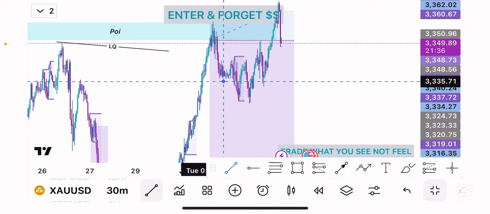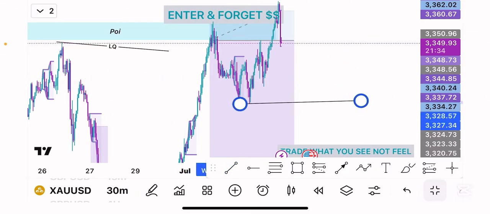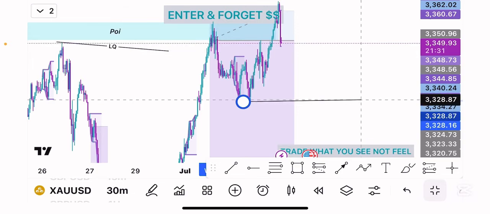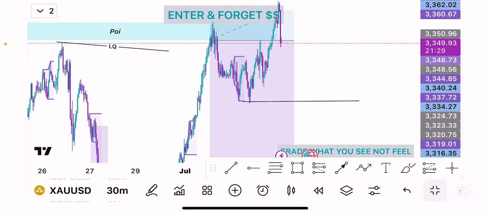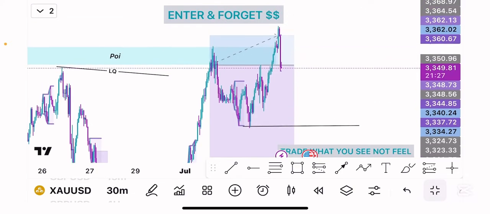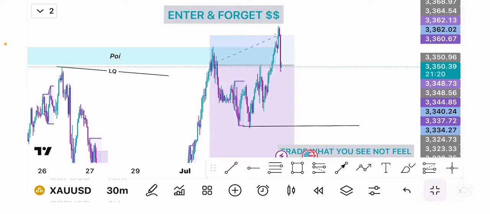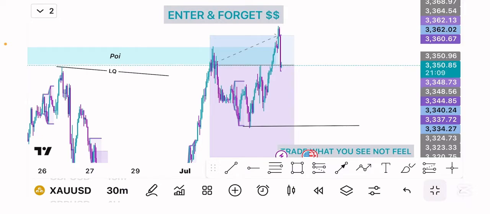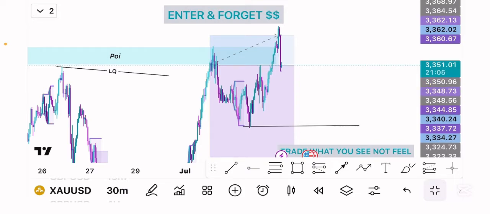So let's see, maybe I'll be trying to sell if price takes out this low. So I'll be looking for a sell opportunity if price takes out this low. I won't want to look for a buy opportunity at the moment. I'll still want to look for sells, because the zone that price is trying to sell from is a very high supply zone. So maybe at the end of the day, this trade is just a knockout trade, just like my GBP/USD trade, which